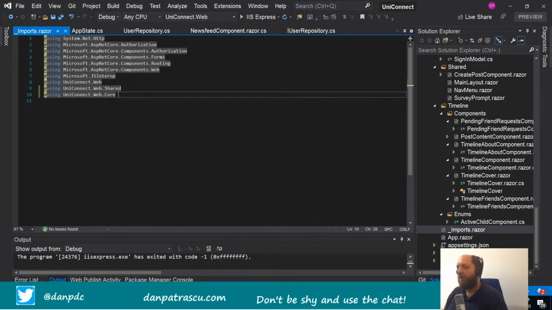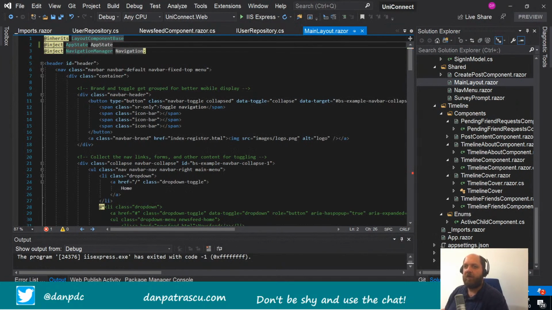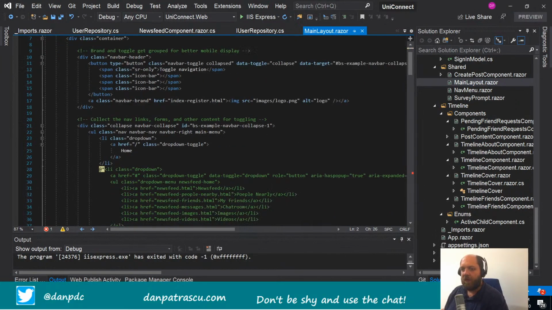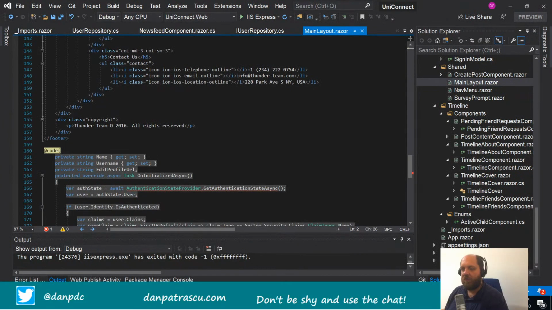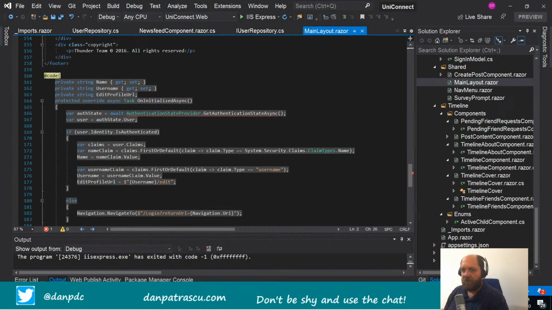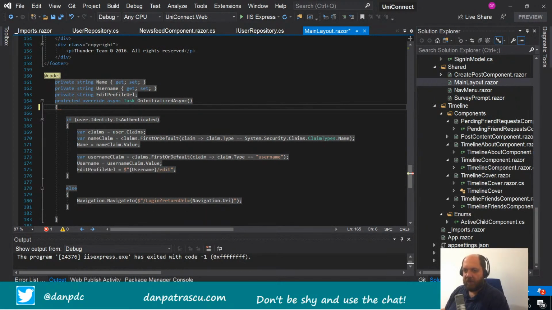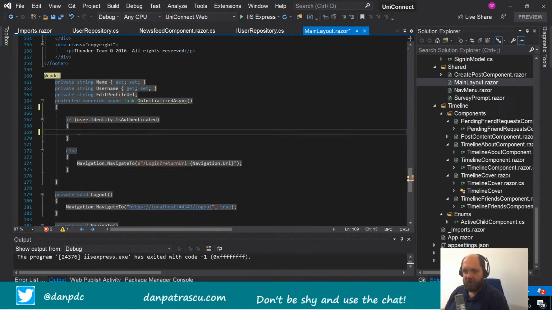So let's go back to the main layout, and yeah, right now it should work. And let's replace everything that we have here or that uses the auth state. So here for the auth state, we just get the authentication async, so we actually don't need this anymore. So the only things that we populated here was, let me just maybe take those out and just